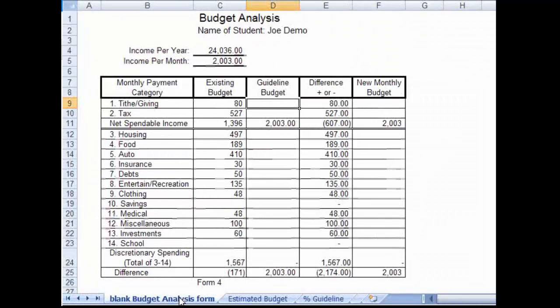The percentages above net spendable income are both used with the income per month number. So in the first box under Guideline Budget, we enter a formula that multiplies the $2,003 times 10%. In the next box down, we enter another formula that multiplies the $2,003 times 21%. In those first two boxes, we show $200.30 and $420.63. In the next box down, net spendable income, there was already a formula that subtracted the two boxes above it from the $2,003 of income per month and shows